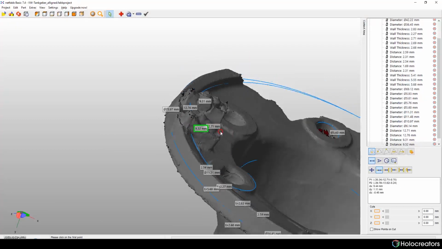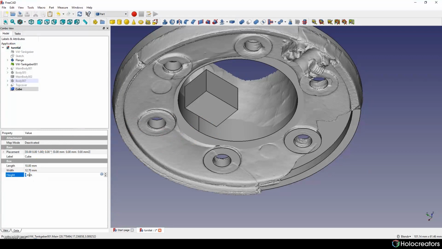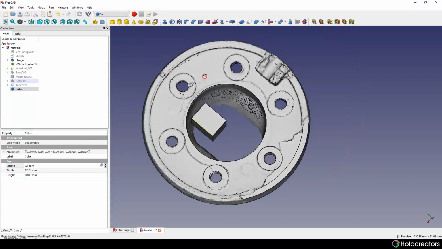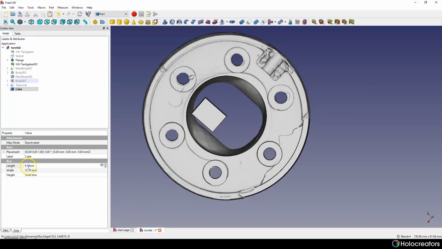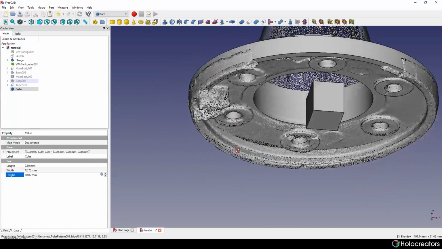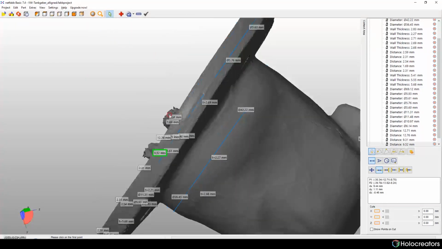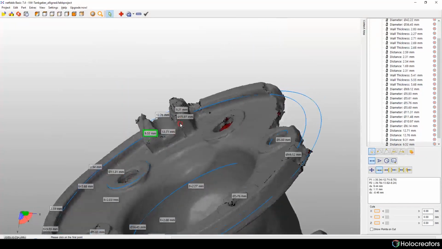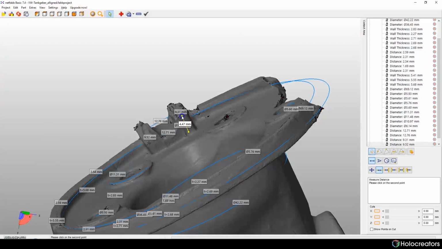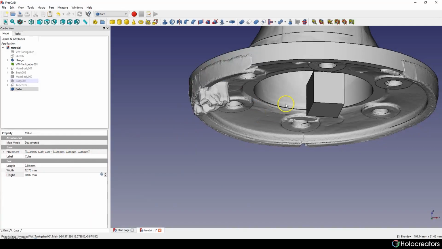I believe it's fine if we put 9.5, and it's gonna be length. Yeah, it's correct. And for height, since there is a lot of damage here, we can't know for sure, but I believe 10 millimeters is fine for it.